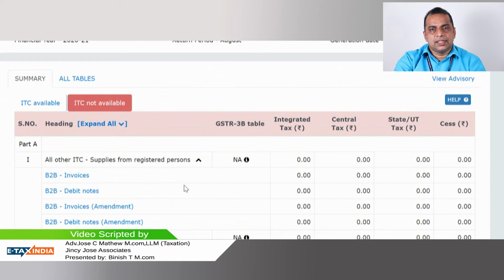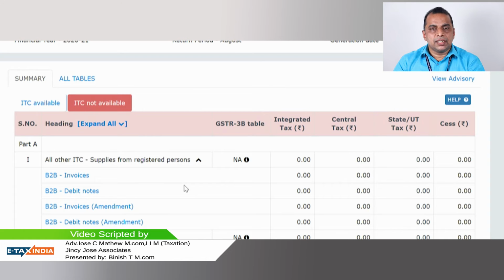Your eligibility criteria does not permit you to take that input tax credit beyond the limit. So it's very important. If you are not taking the input tax credit which is not eligible for you, the chances of getting notices in future will be very less.